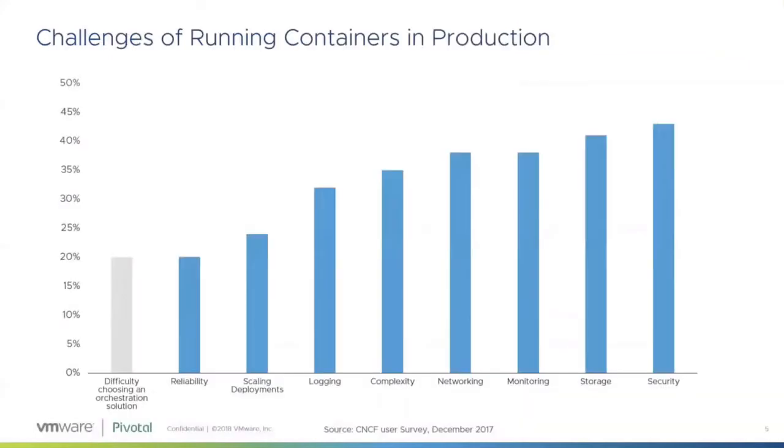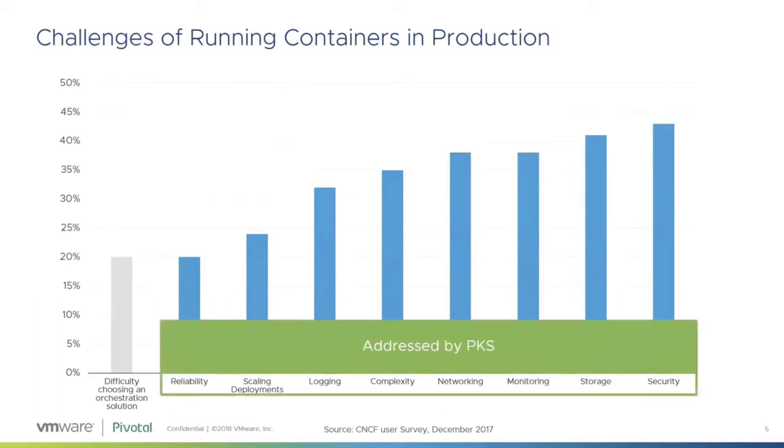Now, there is a challenge here with running containers in production, and this is a little bit older survey. It's about a year ago, but a lot of this still applies today. If you look at the majority of the challenges, they really exist in security, storage, and networking. These are fundamentally infrastructure type problems that are popping up in the container world. And that's why we think our solution, VMware PKS, is uniquely positioned